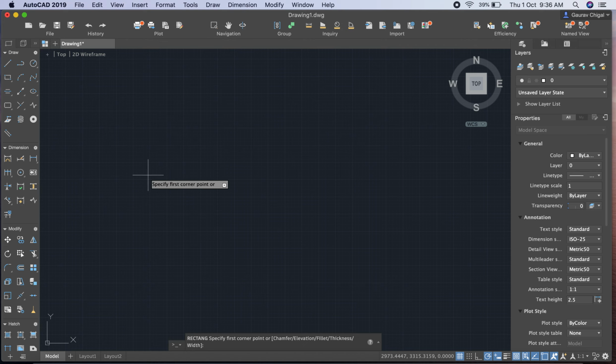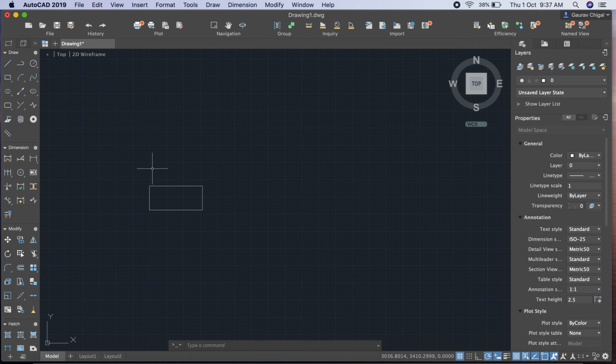So let us say I draw a rectangle here. Now I want this rectangle in the horizontal or x direction to be placed at a specified distance having a certain number of values. Okay, so I want 10 rectangles in this line, and I want 5 rectangles in the y direction also, all of the same dimensions, same width, everything remains the same, and the distance between these 2 rectangles should be defined.